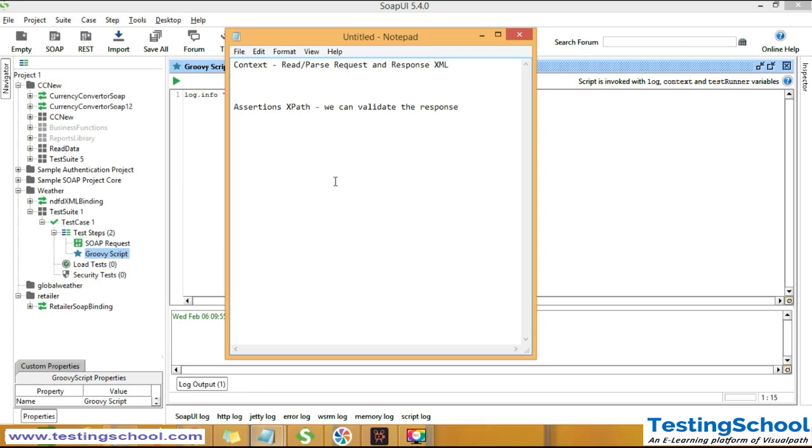At the same time, in context we can read and pass the request and response XMLs, and we can check the response XPaths using context as well. So we can see the examples as well. So here the syntax of context is